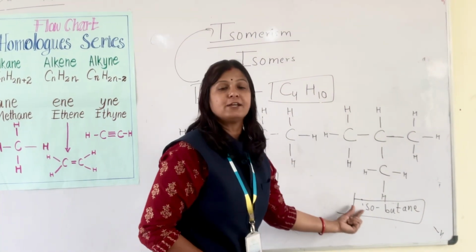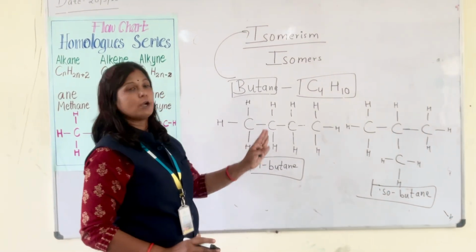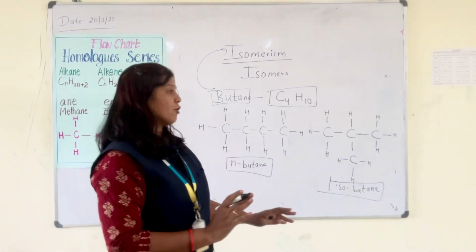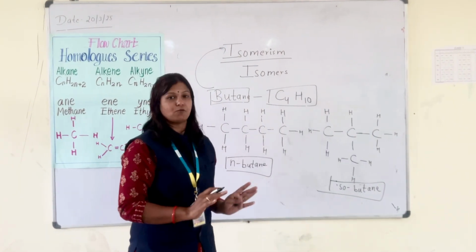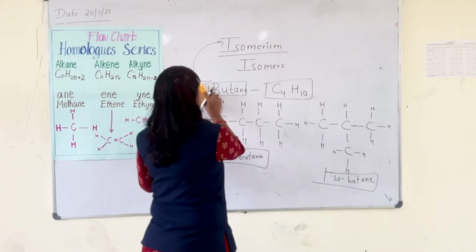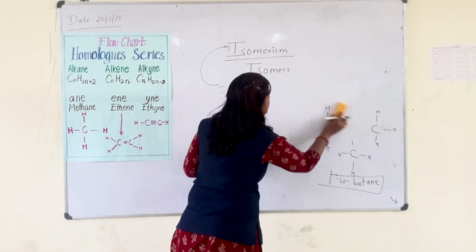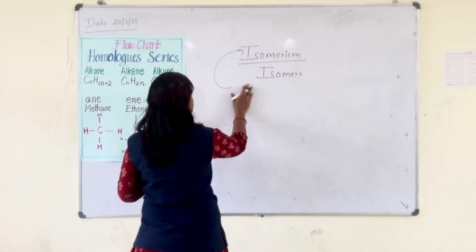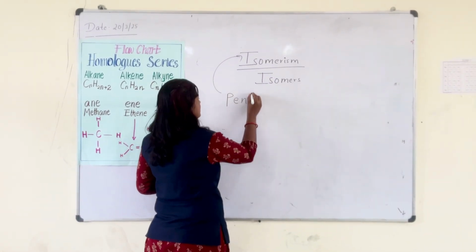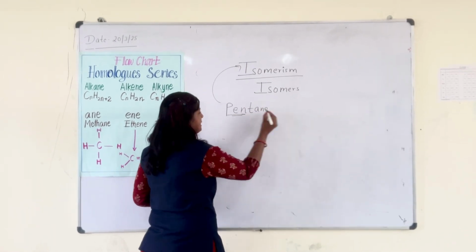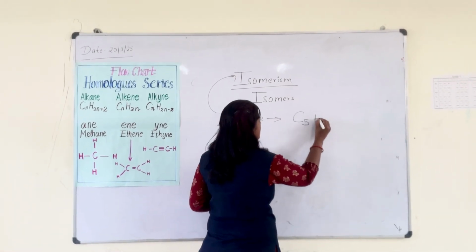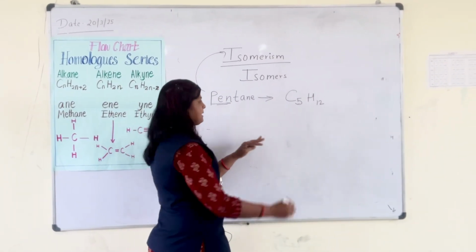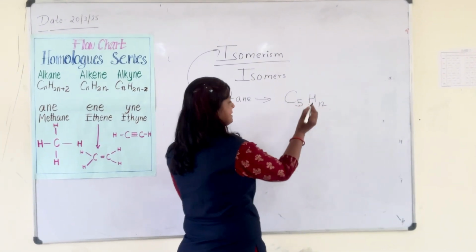One is n-butane, another one is isobutane. This is called isomerism. Understood? This is the only way to remember it in this form. Now we will go with another form, that is pentane. See here, the structural representation of pentane. Isomers are also in three forms. See here, pentane. As the name suggests, pent means carbon will be 5 and hydrogen will be 12. After butane, pentane increased by 2 carbons and this is increased by 1.